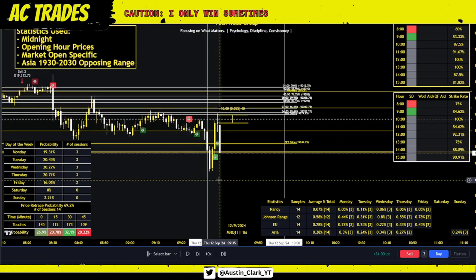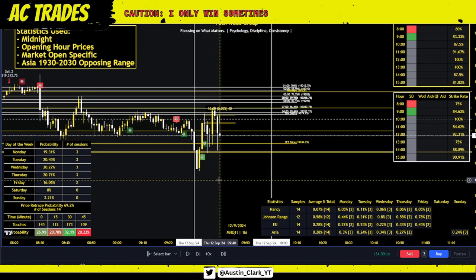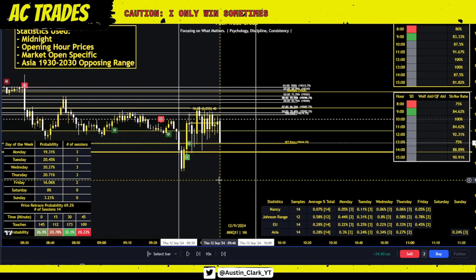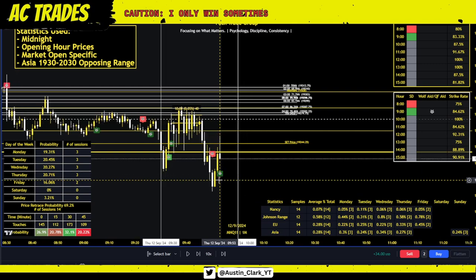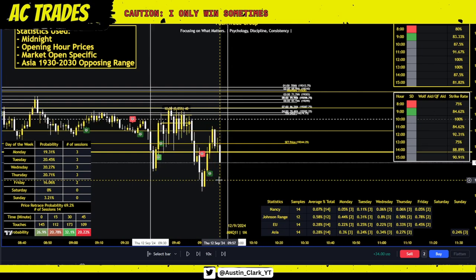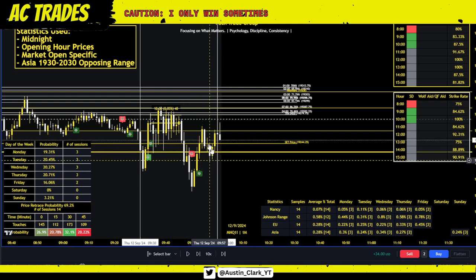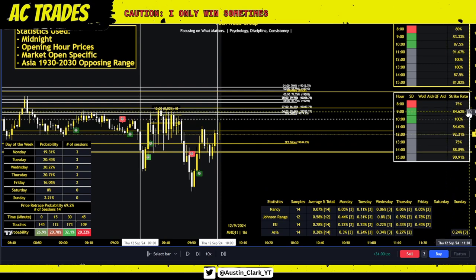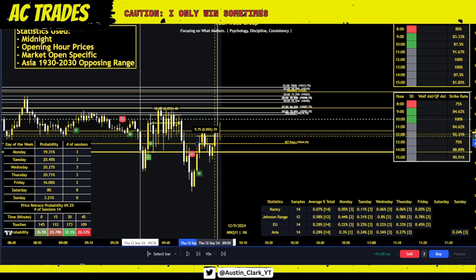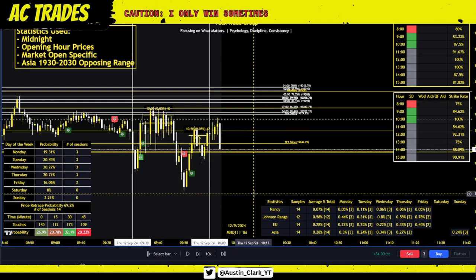And then I think did we have one more? I think we had one more long here because we still failed to retrace the rest of the opening hours. So then we can't. Yep. Is this it? There was a quantum flow at 10. Yeah, I think the quantum flow was the one I took here at 9:53 because we had an 80+% probability attached to it, and we were still below in that high probability window. I think this was a long I took. I could be wrong. Don't quote me on that one.